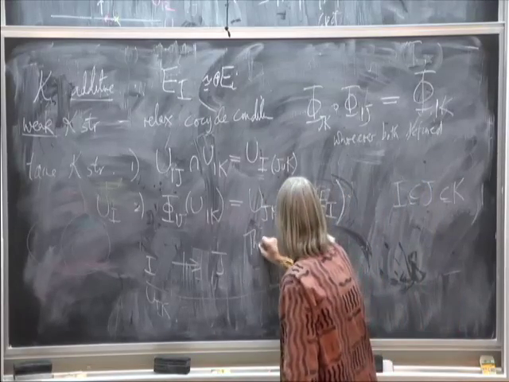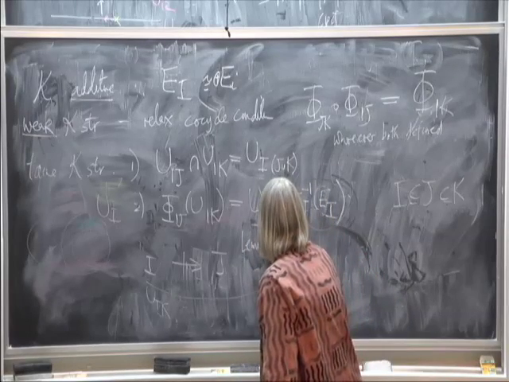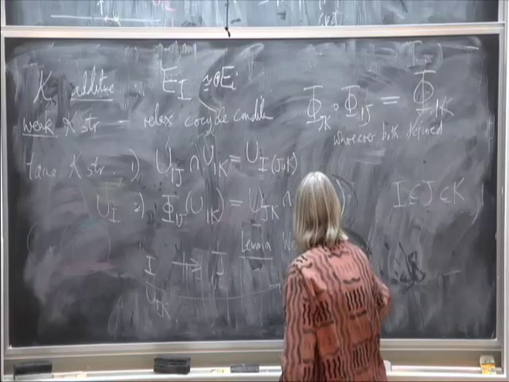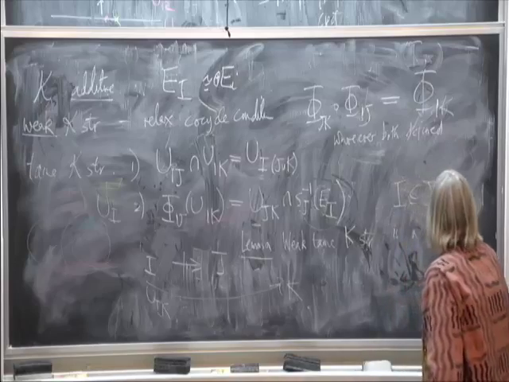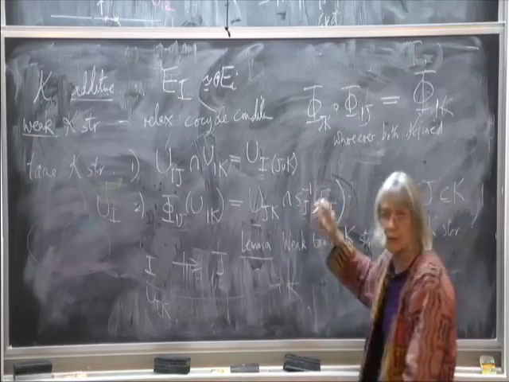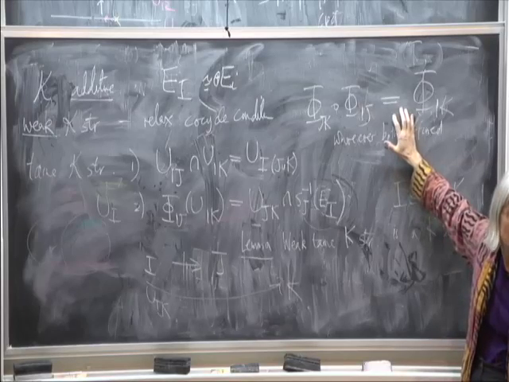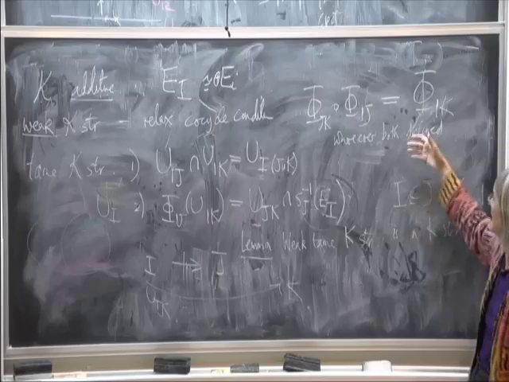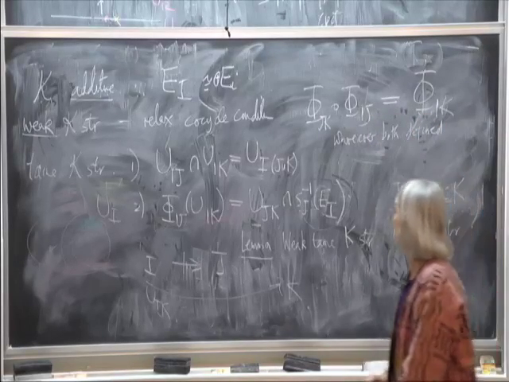Theorem A is, or lemma is, if you like. Lemma is that a weak tame Kuranishi structure is a Kuranishi structure. So you can get rid of the weakness. In other words, the weakness was just saying that this is what we call the overlap condition, equal wherever defined. If it's also tame, in fact, the domains of these two things happen to be equal, so that's even stronger. And then the theorem is